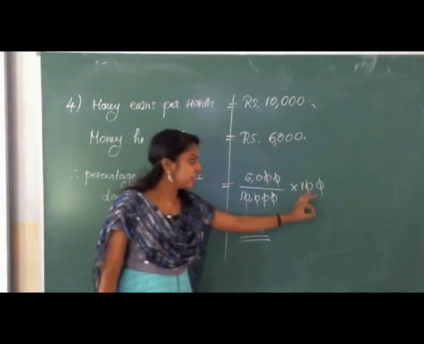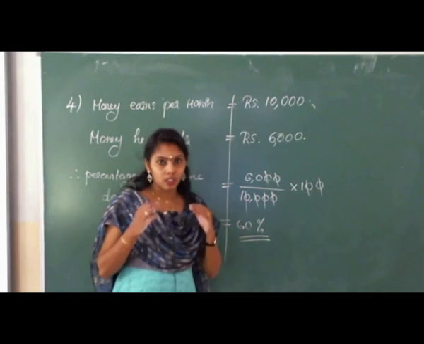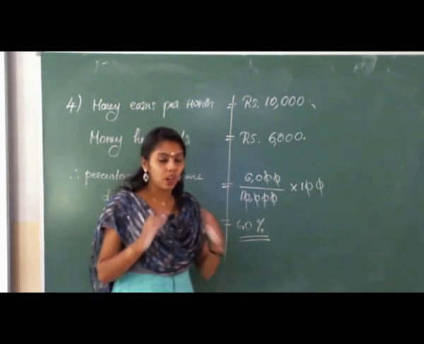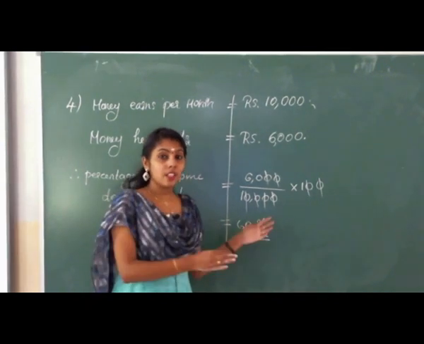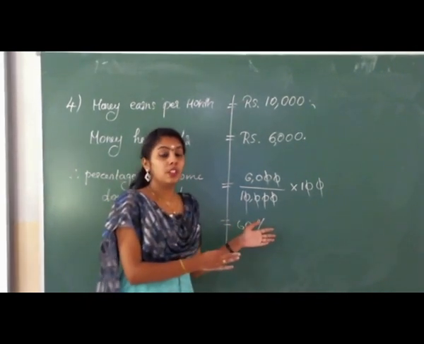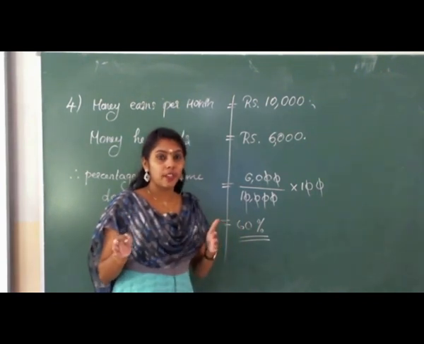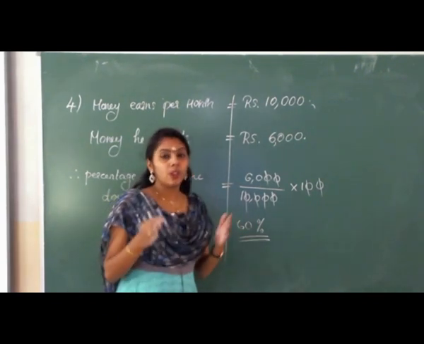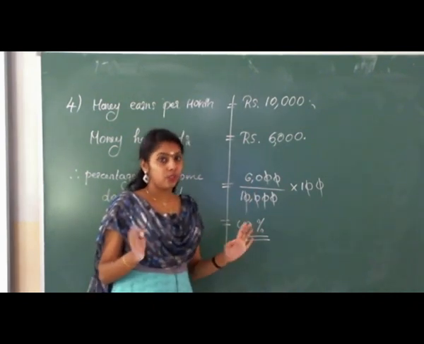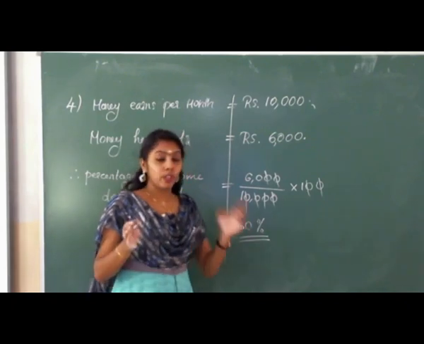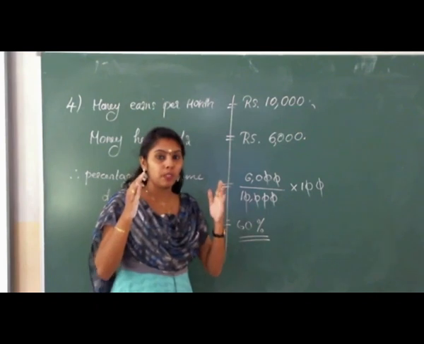Like this, if they are asking to find out the percentage of two numbers, you have to do like this: the smaller one by bigger one into 100. When you are reading the question and you can't understand anything in that question, at last this is the solution. They are asking two numbers and the percentage of those two numbers: smaller one by bigger one into 100. Anyway, you have to keep this point in your mind.